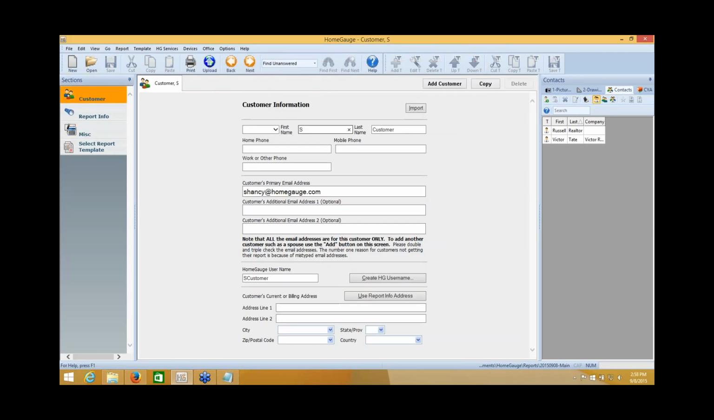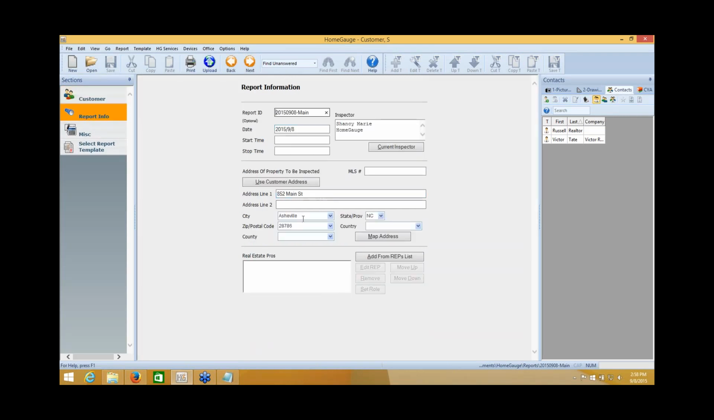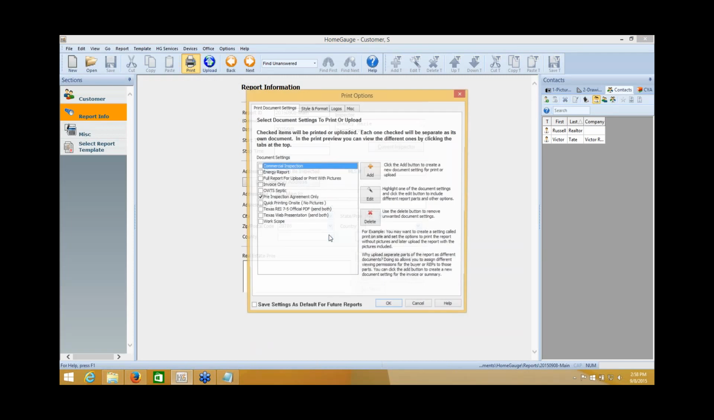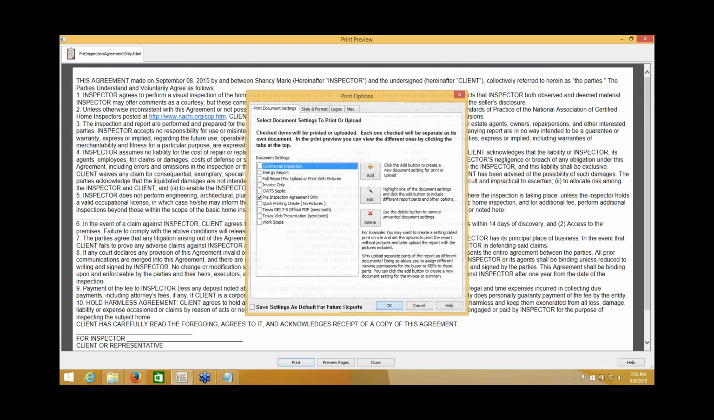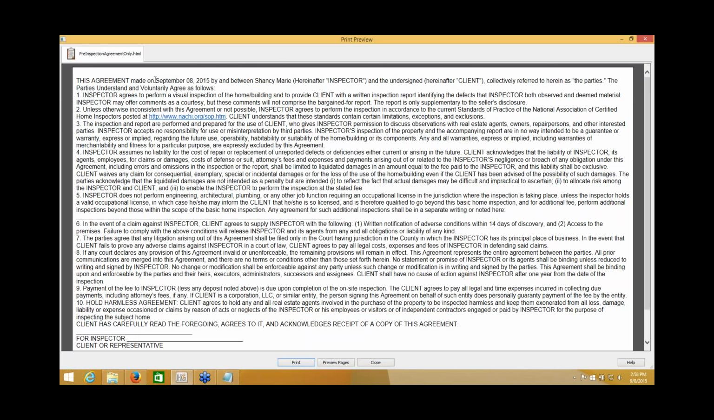So I have my customer's name, I've created a username, I have a report ID and an address, and I've modified my agreement to meet my needs. So if I go up here to print real quick, I have my pre-inspection agreement only checked off. I'll say OK. And here is the date and my name, and if I incorporated other things in here, it would be here. So this is going to be specific. So maybe I've decided, oh, I need to put the property address in here. I can hit close,